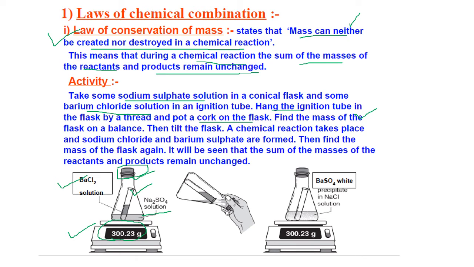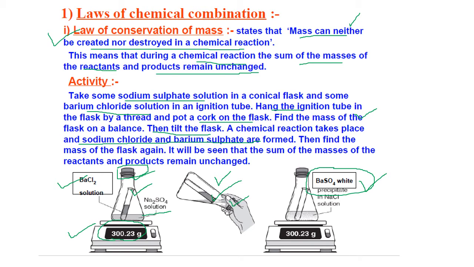Then after that, they tilted the flask, and when they tilted it in this way, what happened? The chemical reaction took place. Why? Because the barium chloride got mixed with the sodium sulfate solution, and with the reaction of these two, a new product was formed. Can you see here the white precipitate, barium sulfate, a new